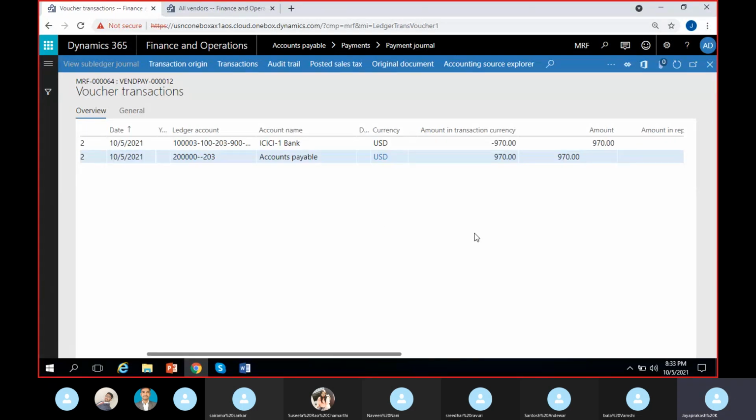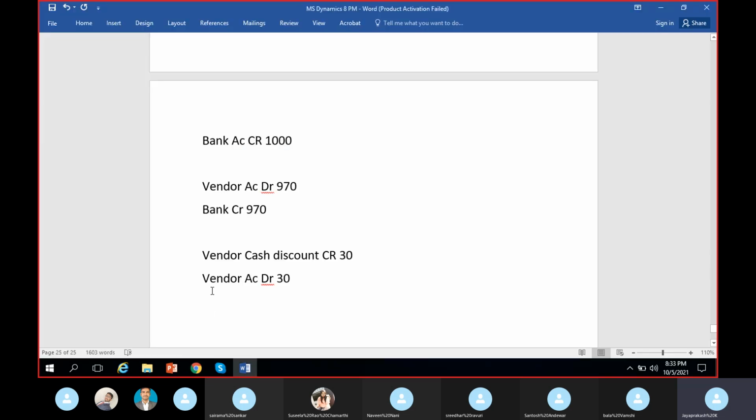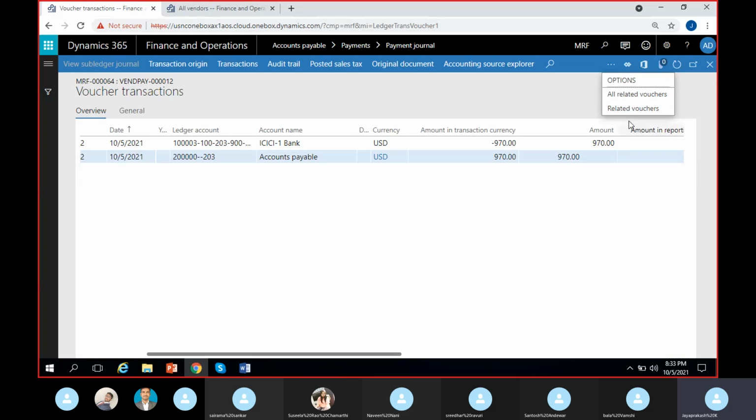Here you can see bank account is credited with 970 and accounts payable account is debited with 970. You can only see the 970 voucher, but you can see the related vouchers here. Related voucher means the remaining voucher. This voucher will be in the related vouchers. So if I click on related vouchers,